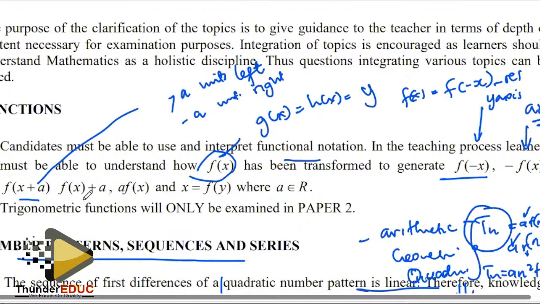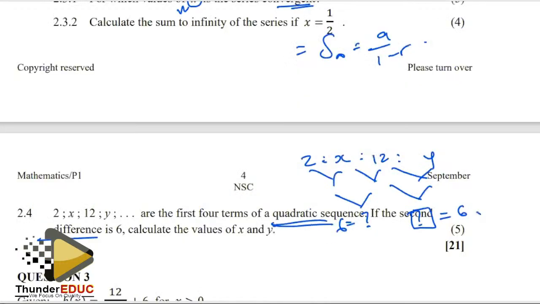And then if we have f of x, and then plus a, which a represents any number, this a is going to represent a shift, which is vertical, okay? The graph is being moved up or down, and so on and so forth. So trig functions, these can only be found within paper 2. Now, with the functions, we need to remember we have different types of functions, and we need to pay attention